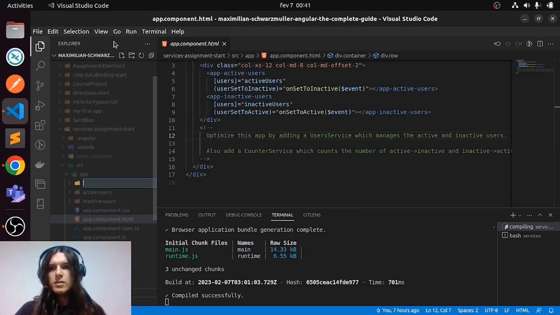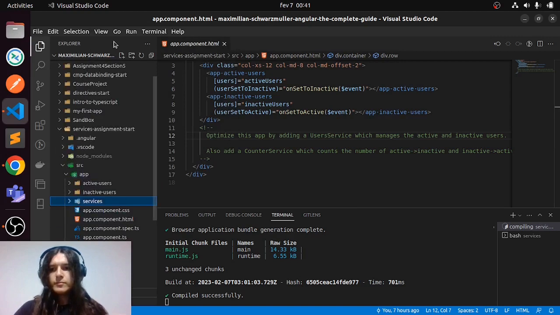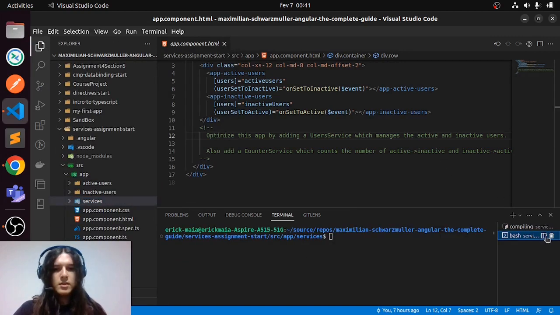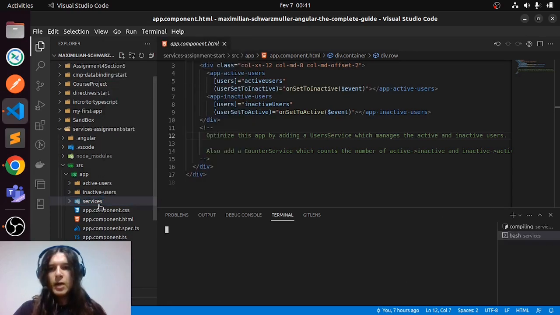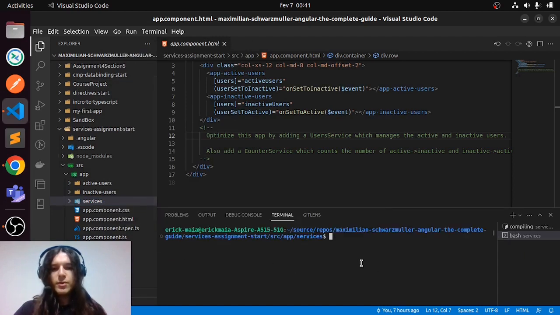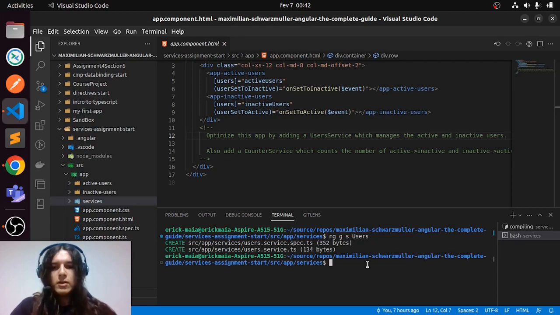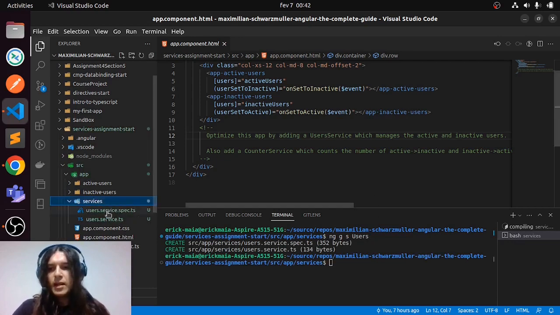called services. I will open a terminal instance in this folder, and I will type nggs, which stands for Angular Generate Service, users. This way we will have our users service, and